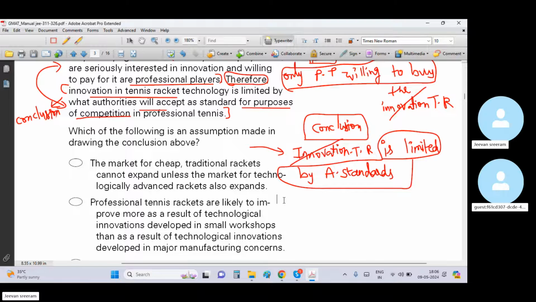What kind of tennis rackets are professional players ready to buy? Although they are ready to buy innovative tennis rackets, the innovation of the tennis racket must be as per the authority standards, right? Yes. Let me write. Professional players willing to buy innovative tennis rackets, but innovative tennis rackets